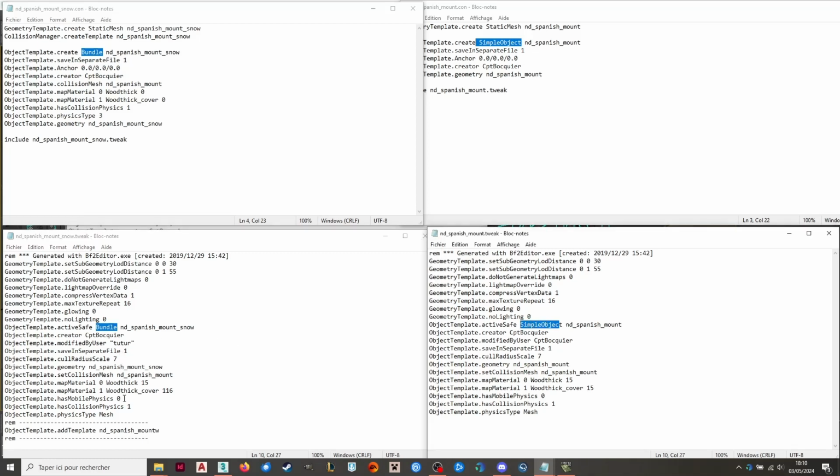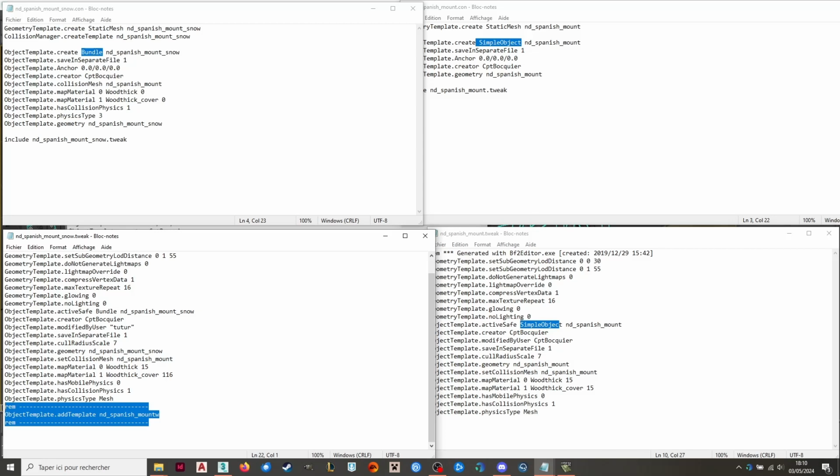And if you go down, we have this, which is the way the game adds the barbed wires to the mount. So what we will do is actually just modify those lines, copy this,